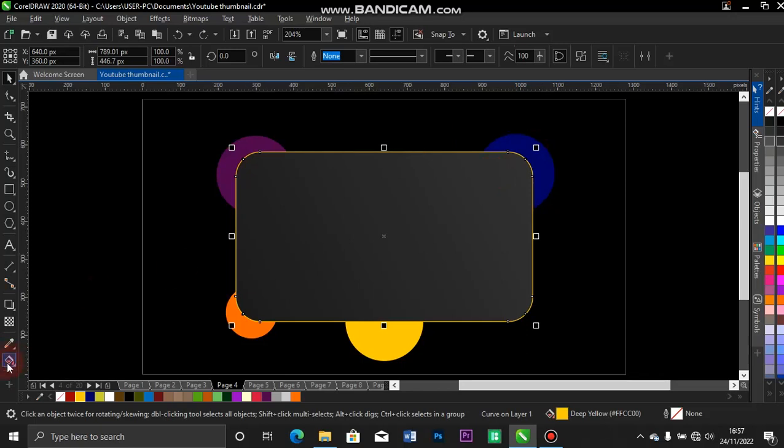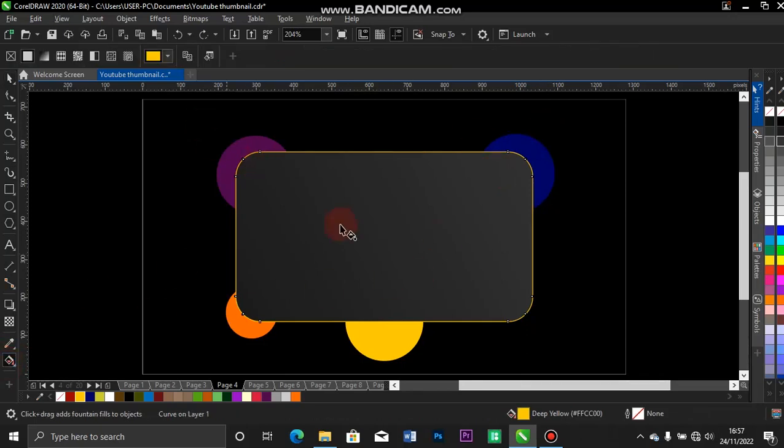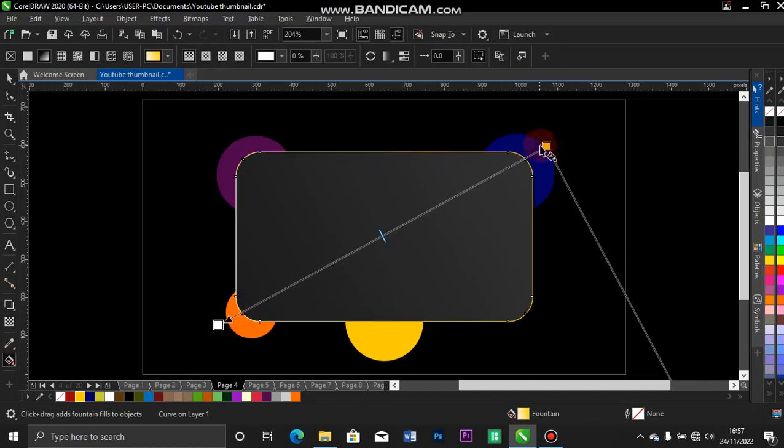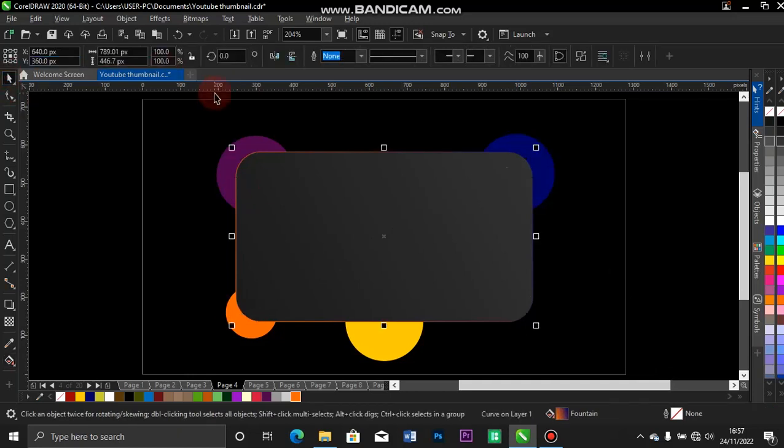Let me just come over to my interactive fill, so you can drag it this way, you can drag it any way you would like, but for me I just want to use this way. So for this, I'm dragging my blue there, so I don't want it to be too much since I'm having blue here. So let me just use my blue. Then for here I drag my orange there, so it will just faint a bit. Yes, so after you're done with that,